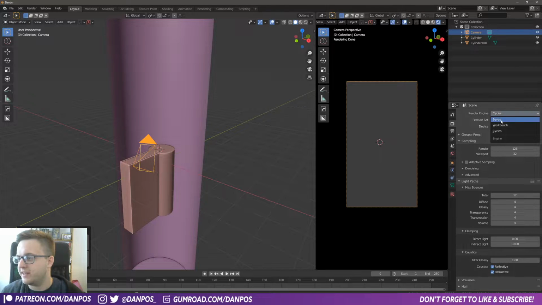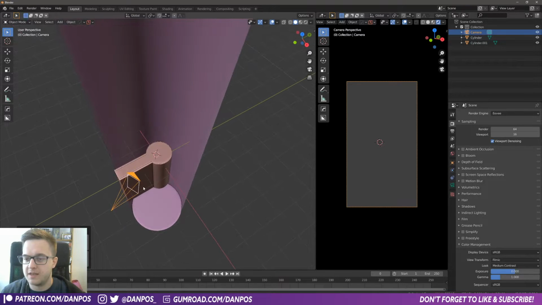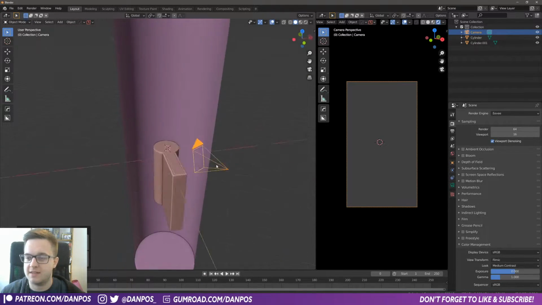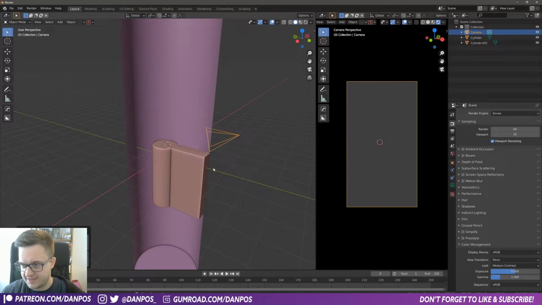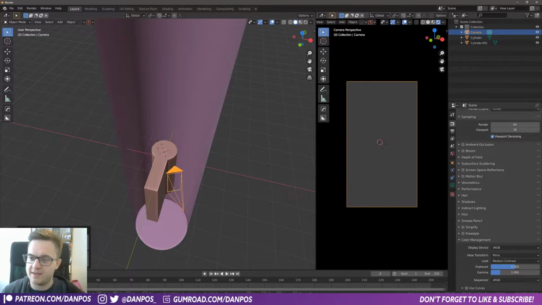And we want to be in EEVEE for this. Under the render tab, we can go to EEVEE. And then you see the problem here is that the camera is outside of the cylinder, and the camera doesn't have backface culling on it. So what you're going to want to do is, if we fly that in just kind of through the cube,